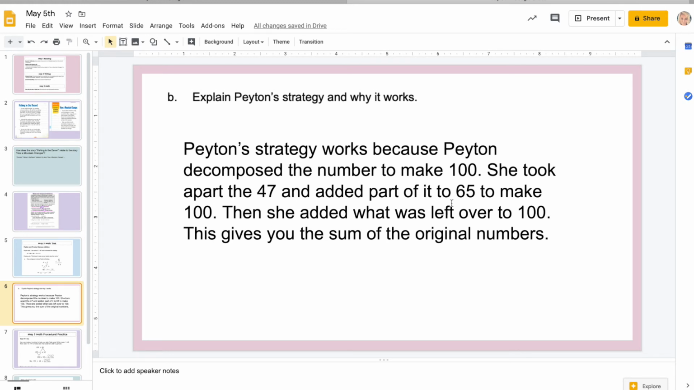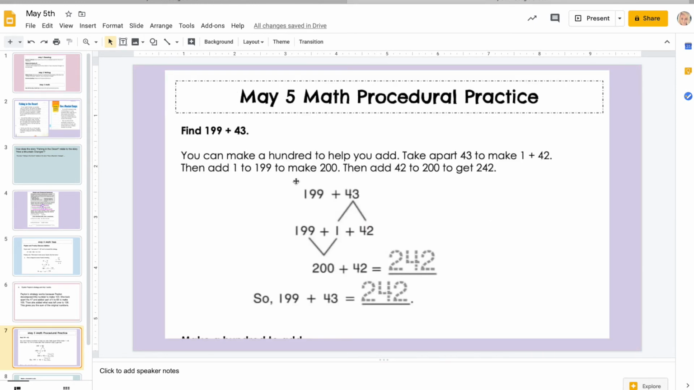Then she added what was left over to 100. This gives you the sum of the original numbers. So that would be a way to explain the thinking. All Peyton did was decompose the numbers. She broke them apart, made 100, and added what was left, making it easier to add 100 than the 47 and 65. Okay, and moving on, we have some math procedural practice,